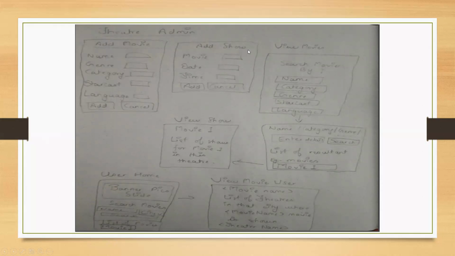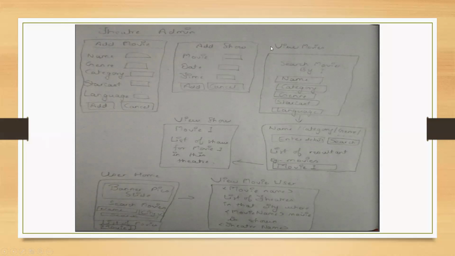Likewise, we have to provide show timings for that particular movie which is already saved in the database. We have to search for a movie here which is already present in the DB, and we have to provide date and time here. Both date and time are drop downs. After clicking add, the show timings will be saved to that movie. I mean, it is linked to that movie.